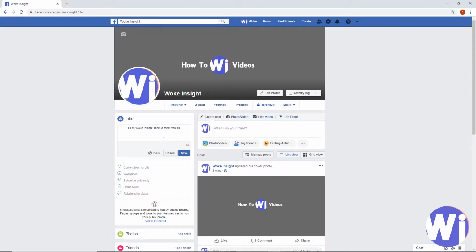Okay. And once you're done, below the box where you can write your bio, it tells you how many characters you've got left. So there is a limit. Once you're done, click on Save,